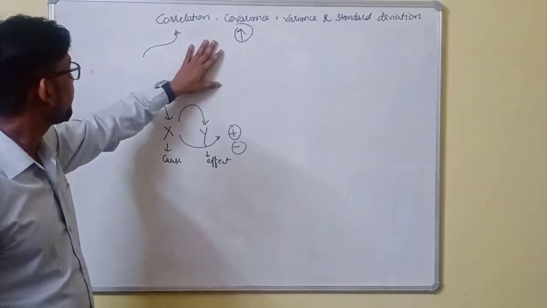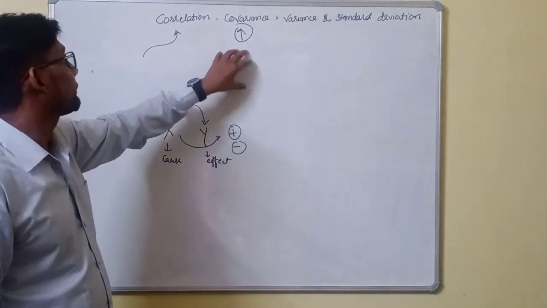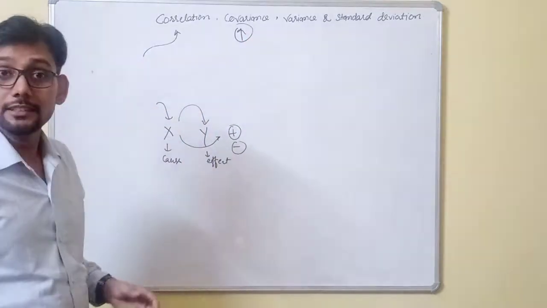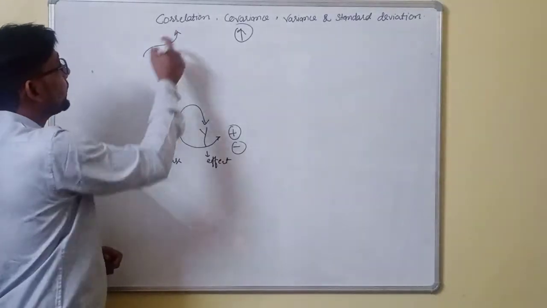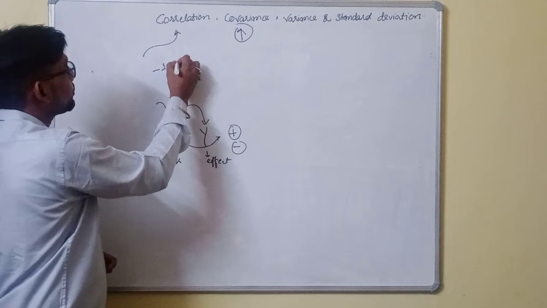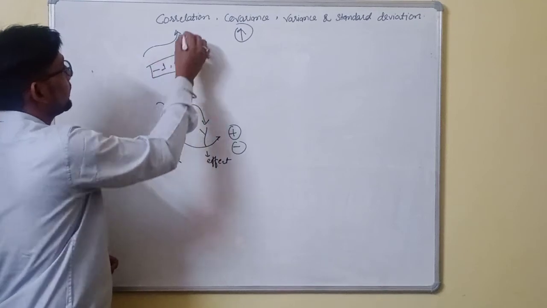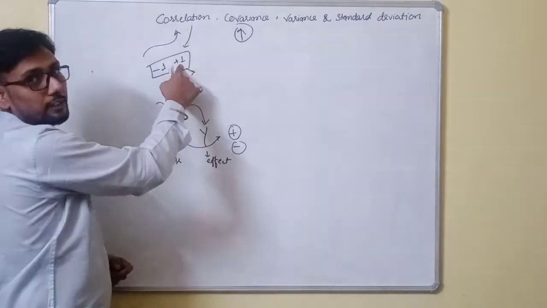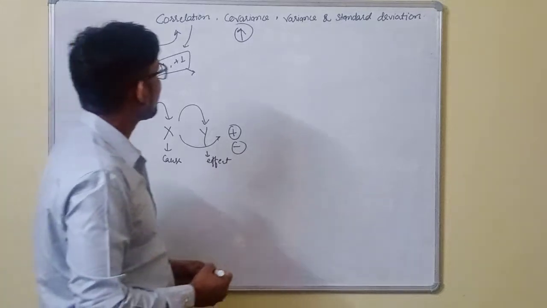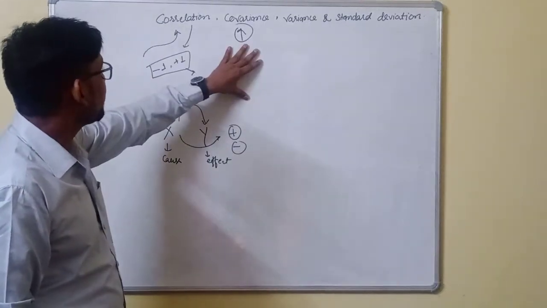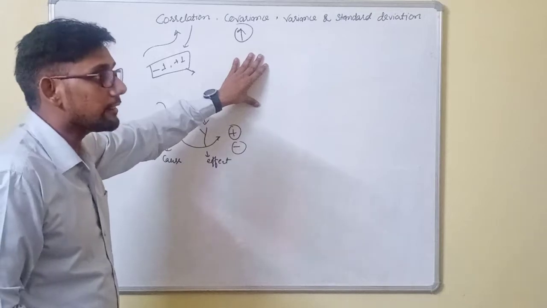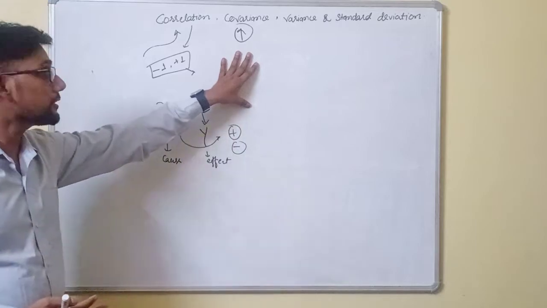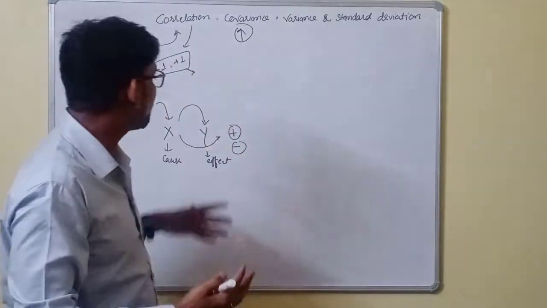So guys, the basic difference is covariance has its own unit, whereas correlation is standardized. The value of correlation always lies between -1 and +1, right? If you calculate the correlation, the value won't go beyond +1, right? Now, the second difference is covariance tells us the direction of the relationship, whether it's a positive relationship, a negative relationship, or no relationship.